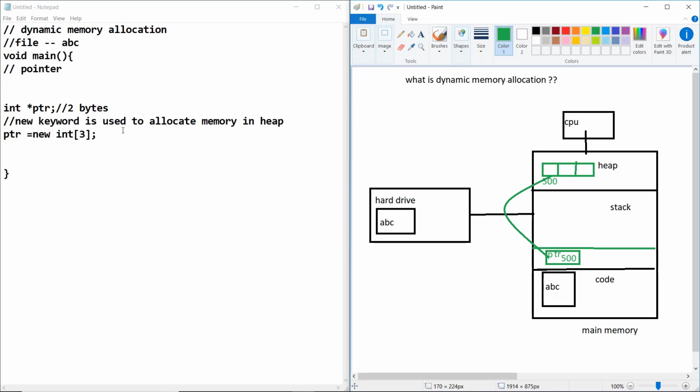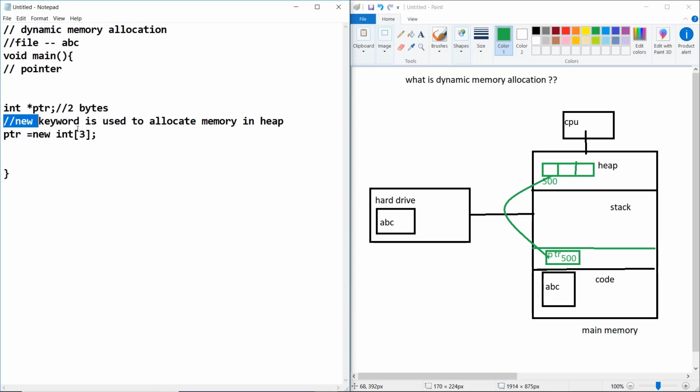Now you have seen how memory is allocated in the heap with the use of pointers and the keyword new. We can dynamically allocate memory from the heap whenever it is needed.